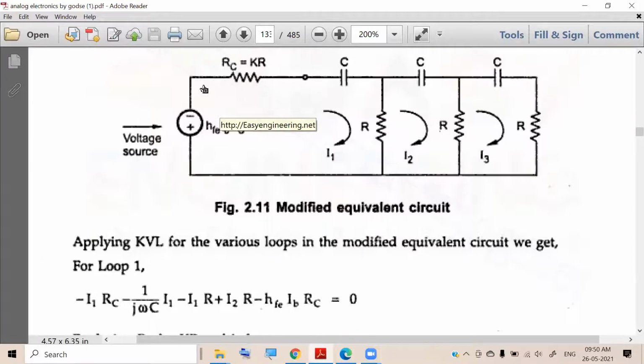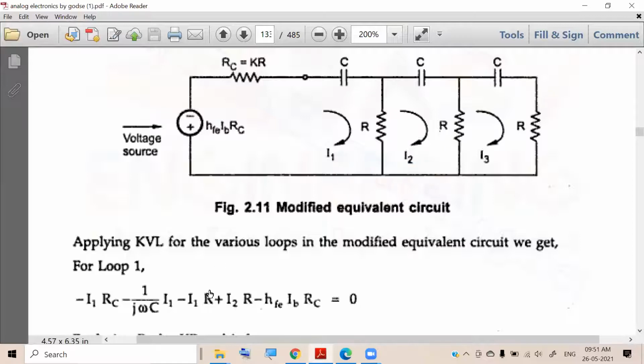In the direction of current, the standard process is we take the positive terminal here. So the entering terminal is positive, the leaving terminal is negative. Again in the direction of current, entering terminal positive, leaving terminal negative. Again in the direction of I1, because the loop current is I1, the entering terminal is positive, the leaving terminal is negative. So considering KVL for the leaving terminal, what do we have? We have the leaving terminal is negative, so minus I1 into RC.